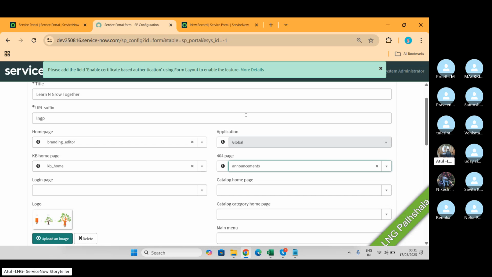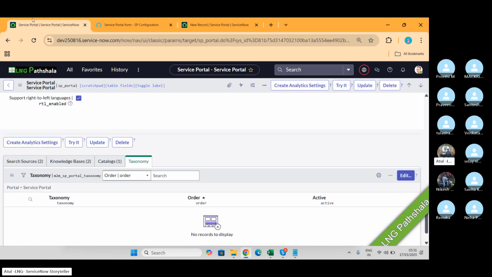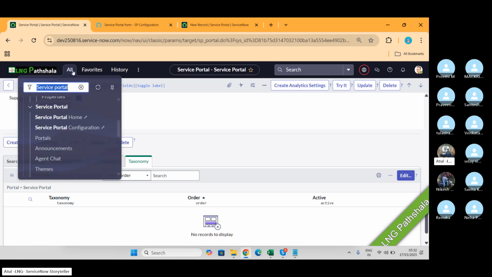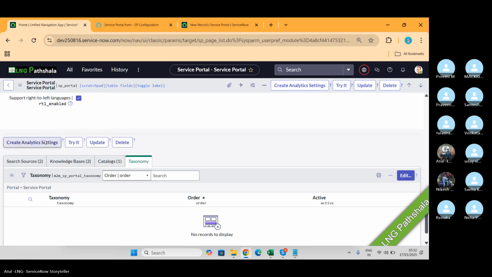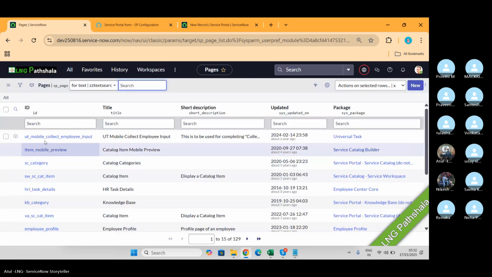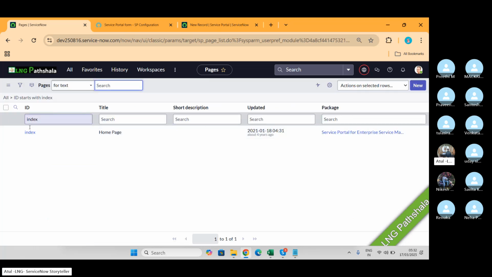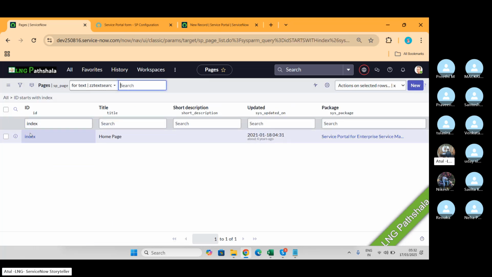Now the question also comes, Atul, can we create our own pages? Yes, we can create. Go here under portal, click on the pages. ये देखो ये आ गई. Index page, हम बात करते हैं ना. Here, index page. You can define your own page.